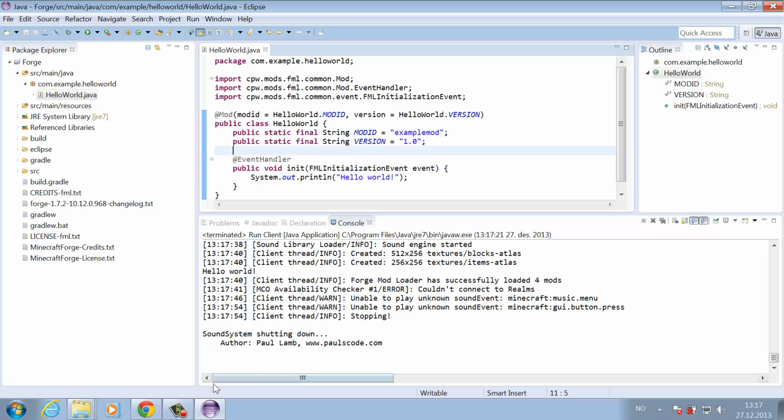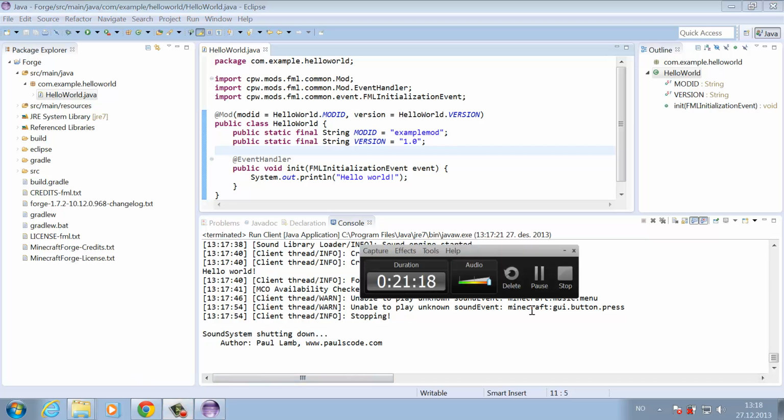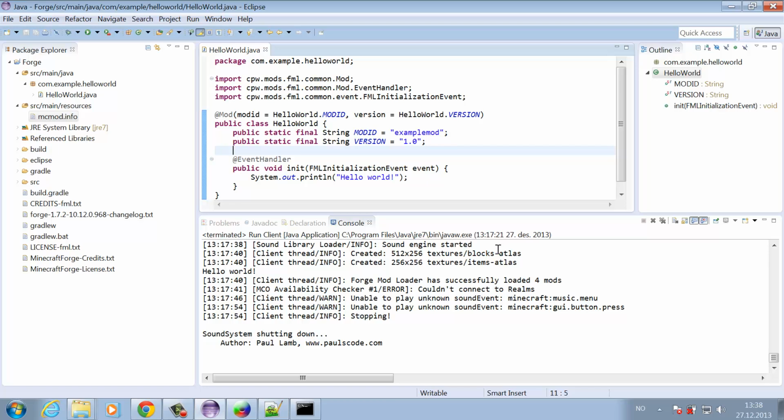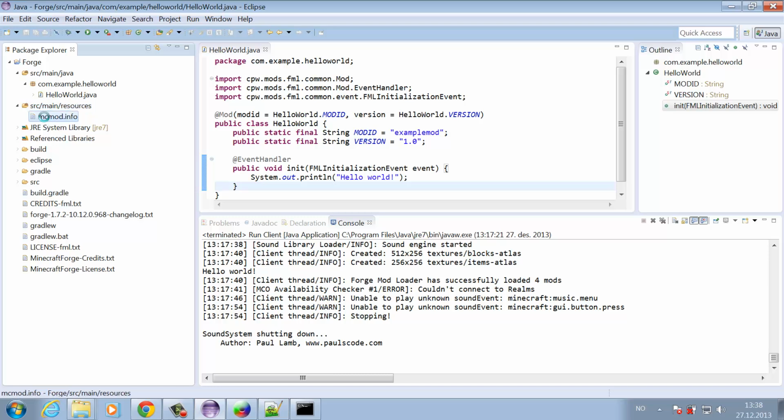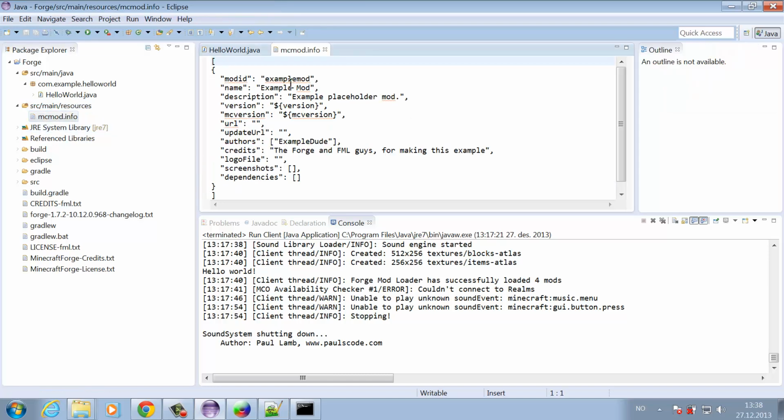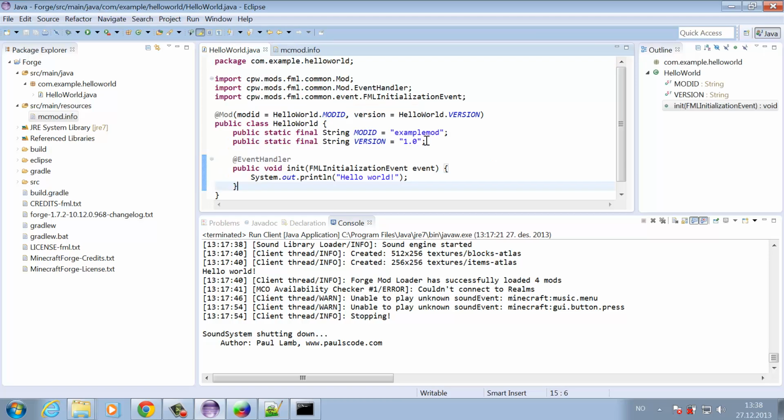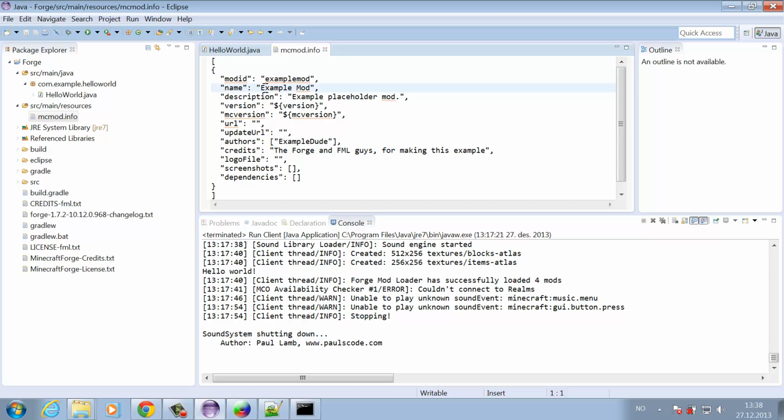Now, on to the next step, actually compiling and redistributing the mod. Basically when we run this thing, Gradle will automatically compile your mod into a class file. There are a few things we should edit first, of course. If you go to the package source main resources, you will see a file called mcmod.info. You'll have to enter the information like mod ID, example mod, and name, let's call it example mod. The description should just be like the hello world mod,